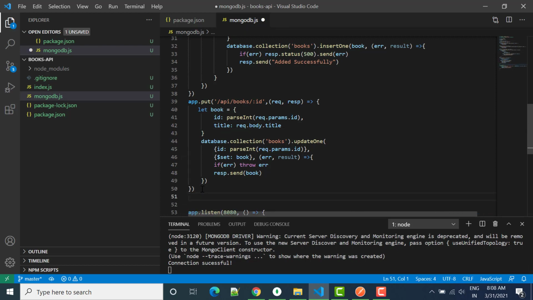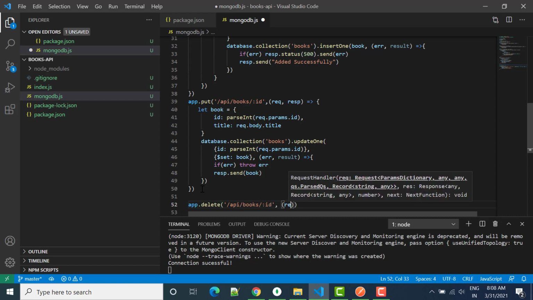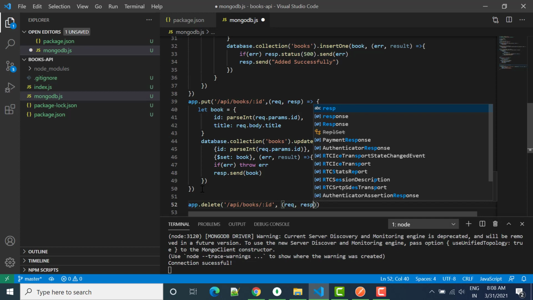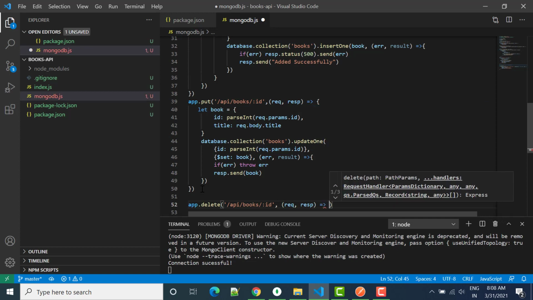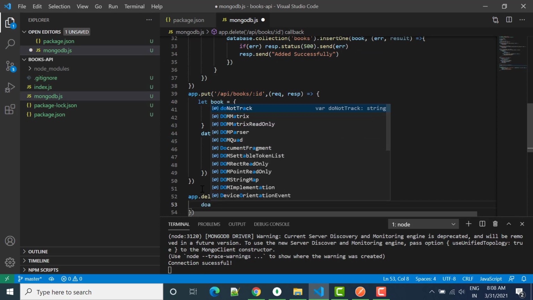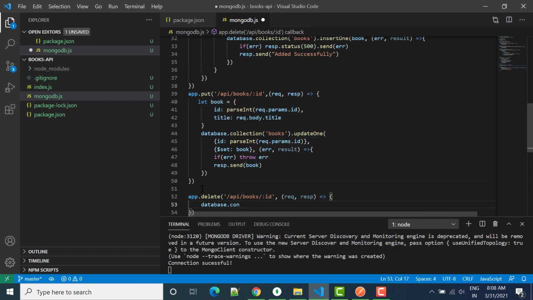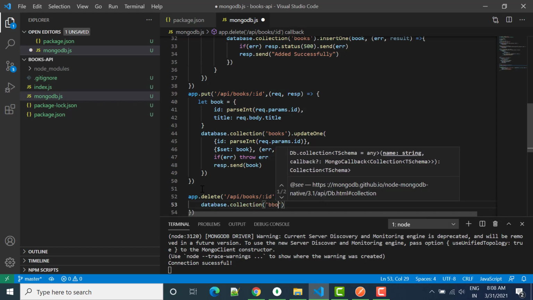We can say app.delete and then we'll add API/books/:id, then request and then response. After that we have to simply call the method. I can write database dot collection and then we'll call collection books